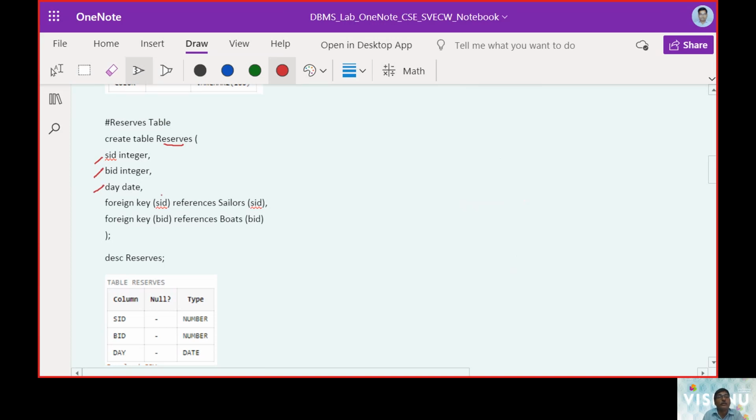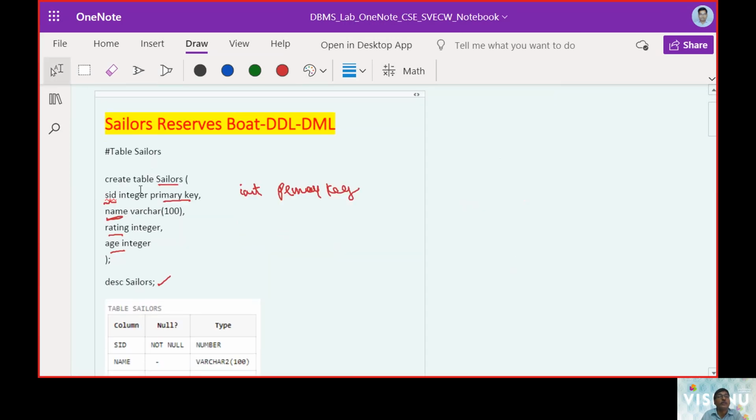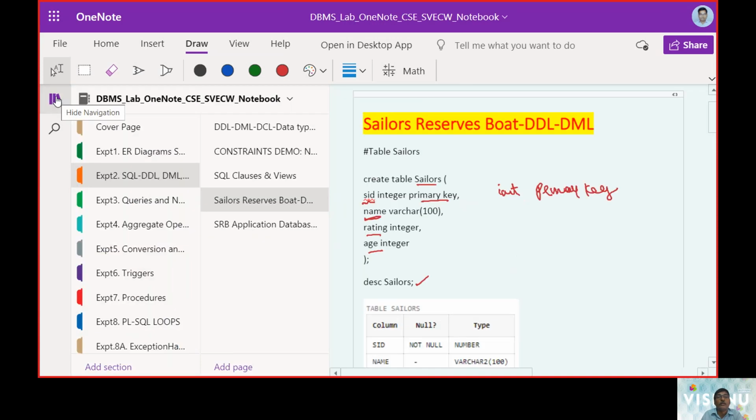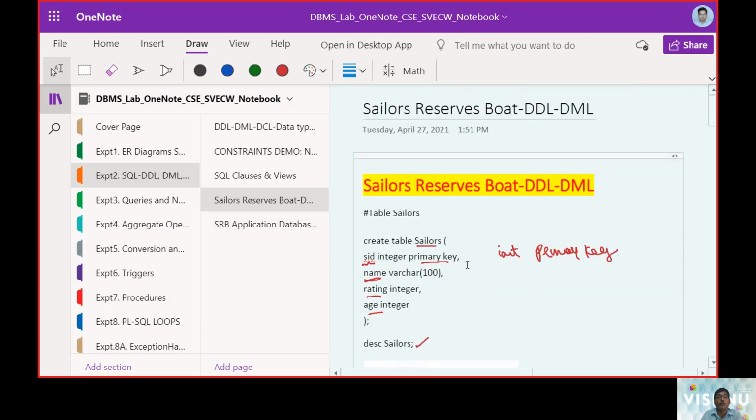These are the local variables here, the boat ID and sailor ID, which are called foreign keys. So these two elements we call foreign keys. Let us see how these are used to create the tables.